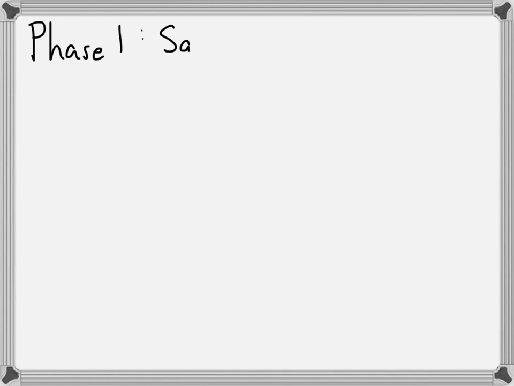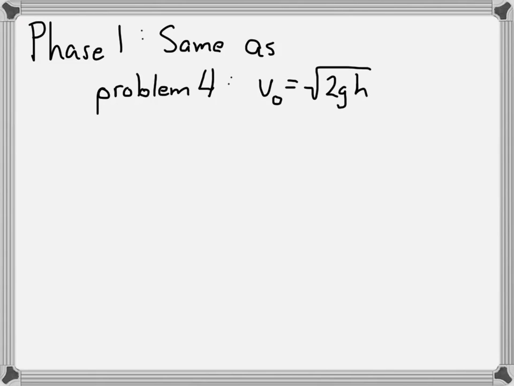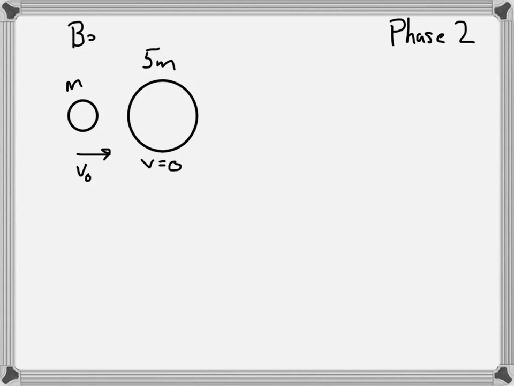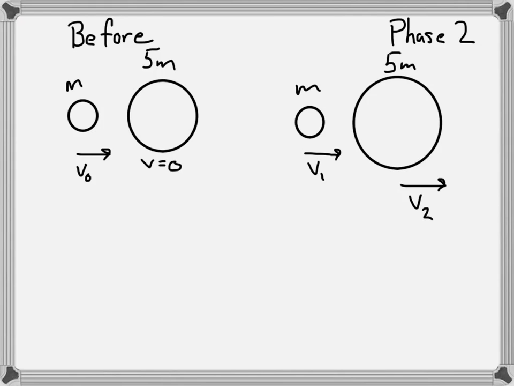All right, so phase 1 is the same as for problem number 4. Nothing changed there. So we know that when that mass m swings down, just before it hits the bigger mass, it's going to have a velocity equal to root 2gh. If you need to review how to do that, go back to the beginning of the video. Phase 2, here's where the collision happens. So before the collision, we have just little m moving, 5m is at rest, and then after the collision, each of these is moving